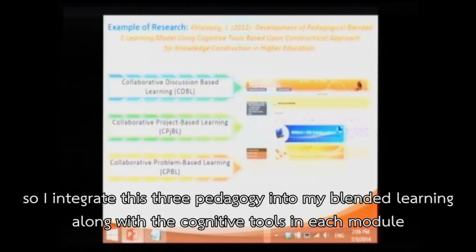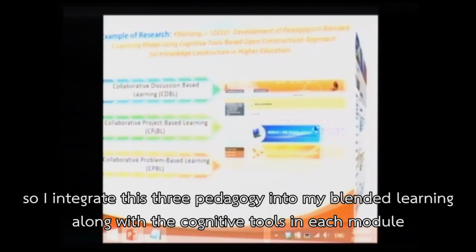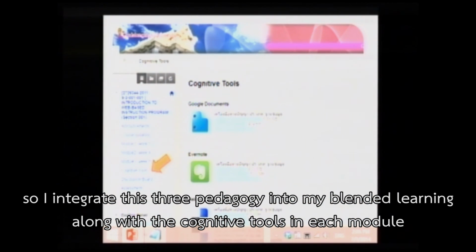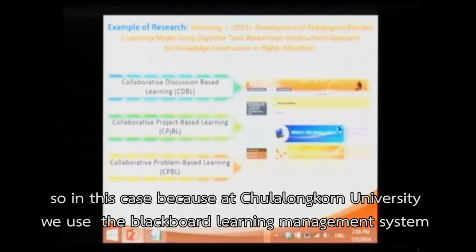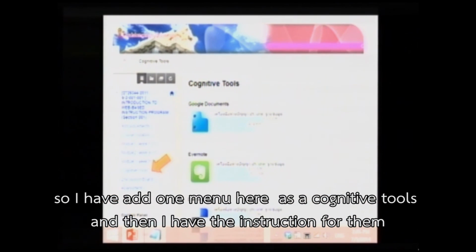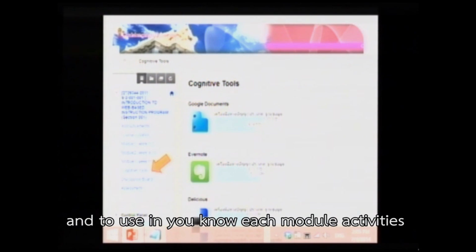So I integrated these three pedagogies into my blended learning along with the cognitive tools in each module. Because at Chulalongkorn University we use the Blackboard learning management system, I added one menu here as cognitive tools, and I have instructions for them to use in each module activity.